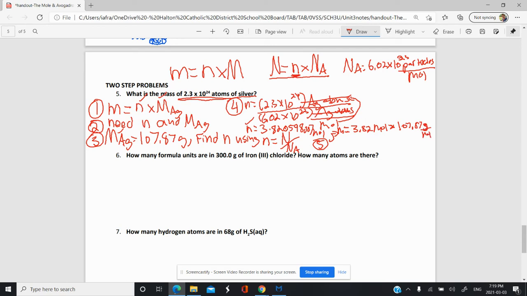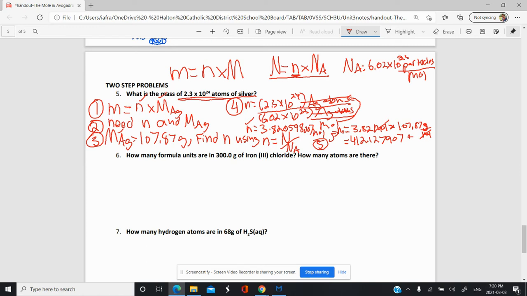You can cancel out moles, and times 107.87, we get 412.127